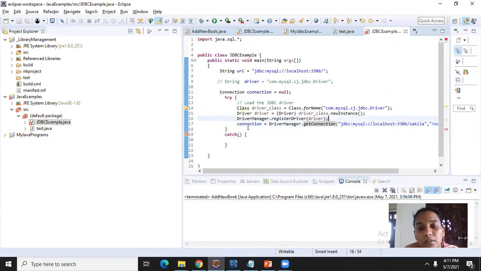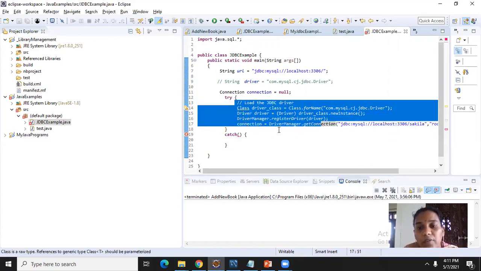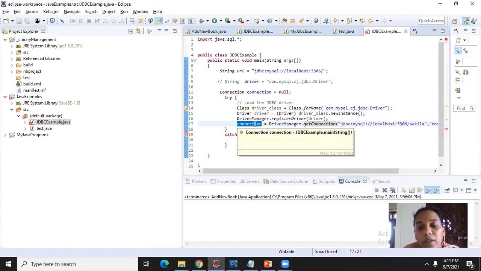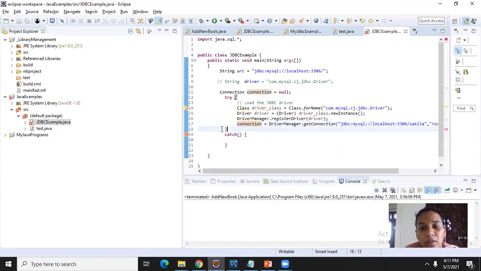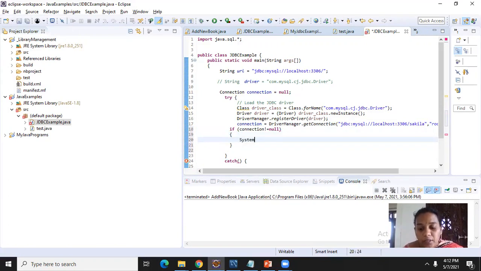This is the piece of code to register the driver and get the connection. By the end of this, if it executes successfully, I will get a connection that is not null. If the connection is not null, I need to print database connected.